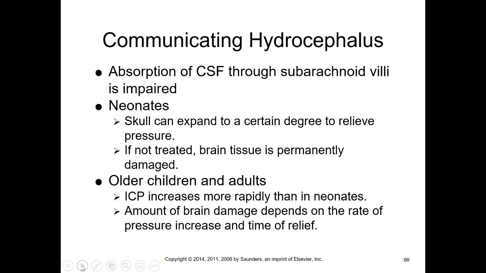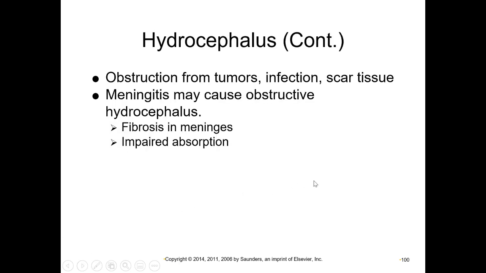In older children and adults, the intracranial pressure increases more rapidly than in neonates. So the amount of brain damage depends on the rate of pressure increase and the time it takes to get that relieved. Obstruction can be from tumors, from infection, from scar tissue. Meningitis can cause hydrocephalus, and that's what it did in my brother, but it was not a permanent,